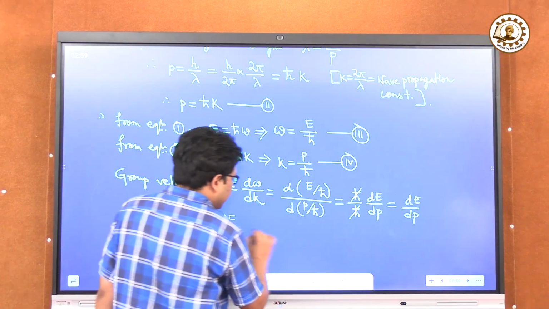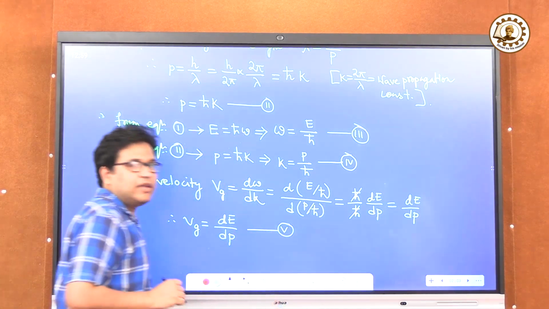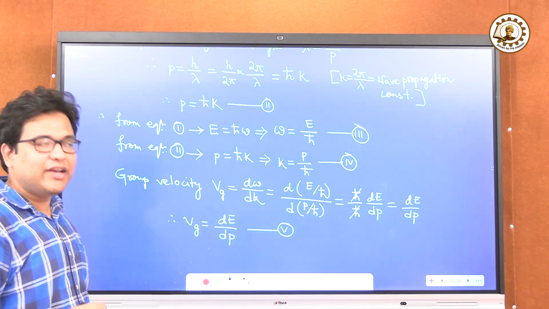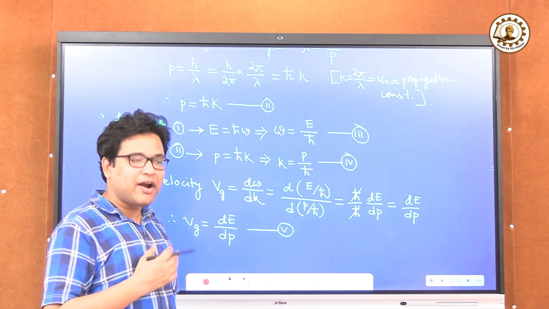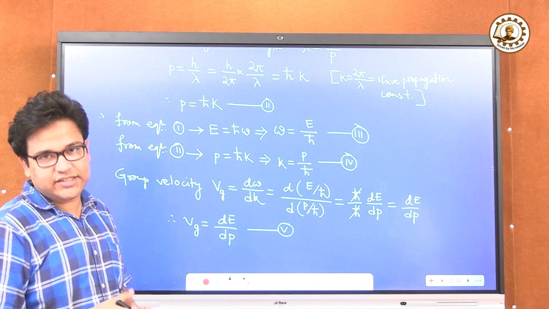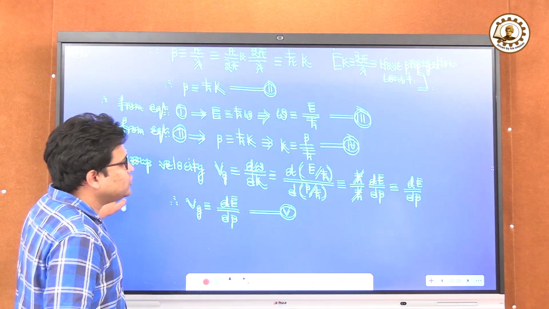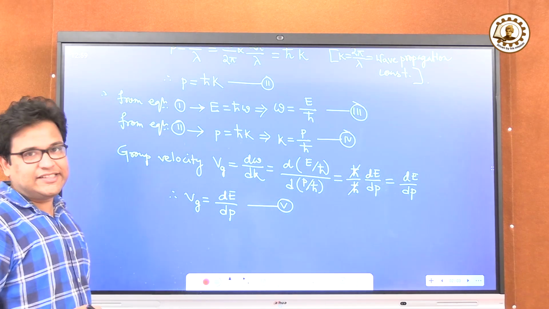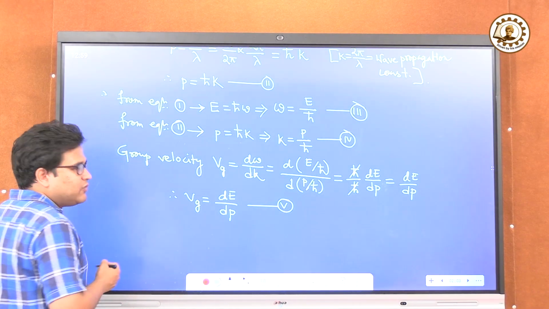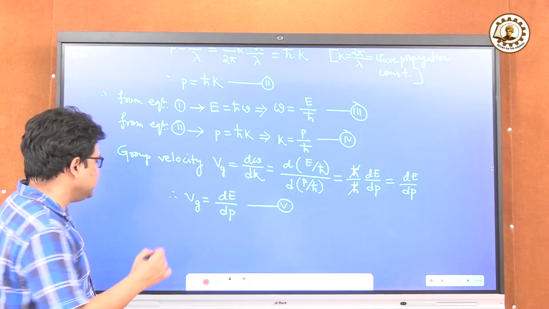So this is our equation number 5. Now for simplicity, I am considering here a free particle. A free particle means a particle that only has kinetic energy but no potential energy. I am also considering here the non-relativistic case. So for a non-relativistic particle,